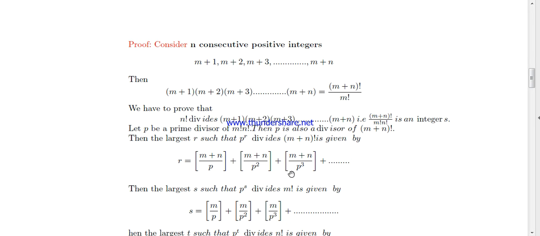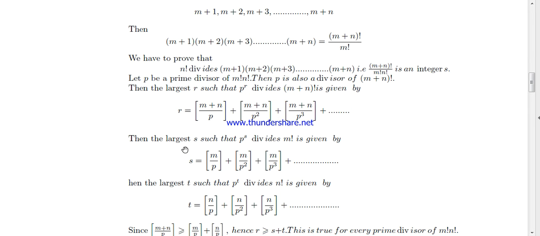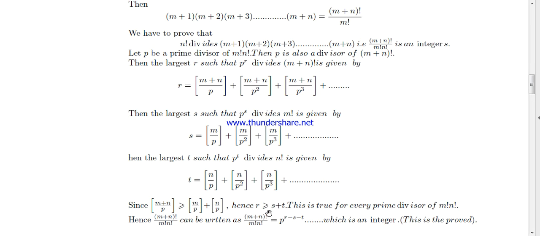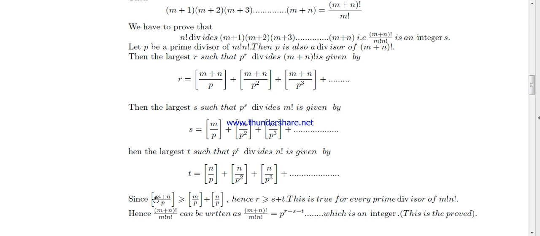Similarly, here we get the largest s such that p to the power s divides factorial m is given by this, and then the largest t such that p to the power t divides factorial n is given by t equal to this. We can write using theorem 1. Now use these conditions: box m plus n by p greater than or equal to box m by p plus box n by p. তাহলে দেখা যাচ্ছে যে দুটো যোগফলের থেকে এই যোগফলটা বড়, তার মানে r greater than or equal to s plus t